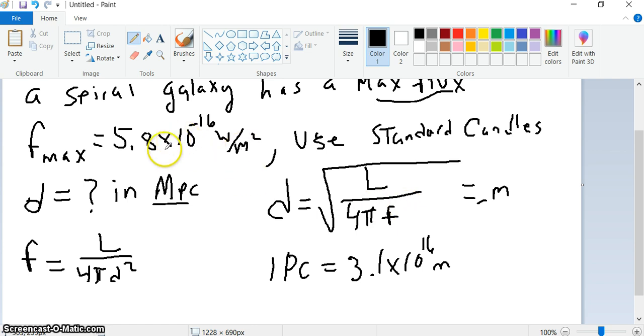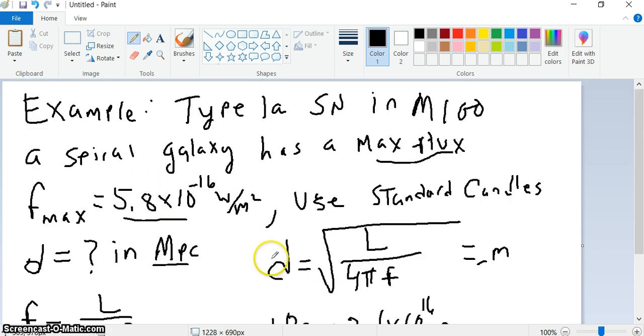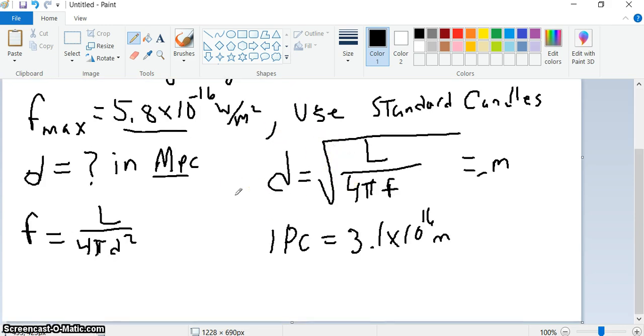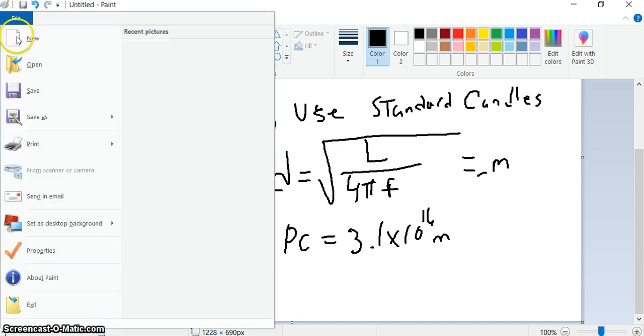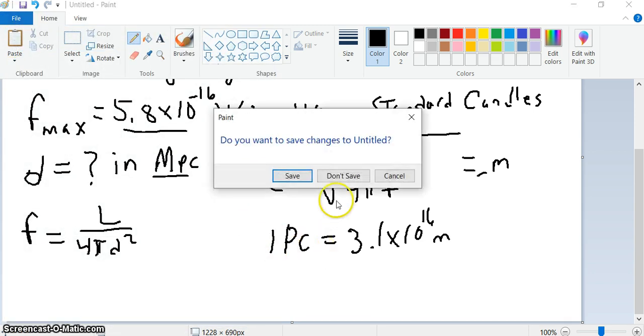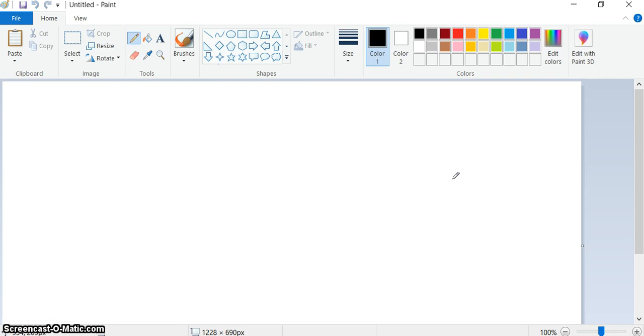All right, and so we're given the flux of 5.8 times 10 to the minus 16th. Right, it's right there. And so since this is a type 1A supernova, we can now work out the details of what the distance is. Remember, the distance will be in meters, and then we'll use this conversion that one parsec is 1.3 times 10 to the 16th meters. All right, let me get a fresh screen so we can do this. All right, so just got to have a little bit more room. All right, so here we go. So the distance